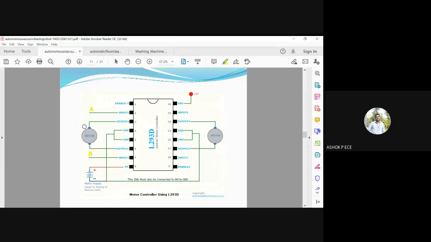You see here, this is the connection. You have two motors connected between output 1 and 2, 3 and 4. You have ground pins, and when you give supply, these motors start rotating. Depending on the inputs A, B and inputs 3 and 4, you can make the motor rotate or stop. This input will come from the microcontroller. This is a simple diagram to explain how the motor is connected to the driver. You can connect two motors in parallel, and you have four inputs to control the two motors. Other pins are the supply voltage, ground, and others, which you can commonly connect.